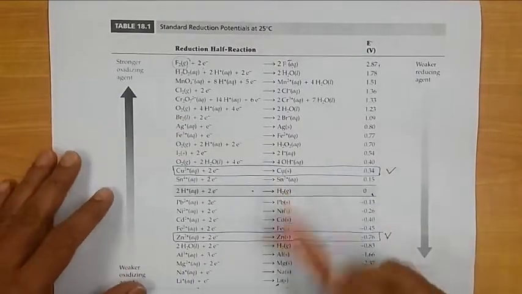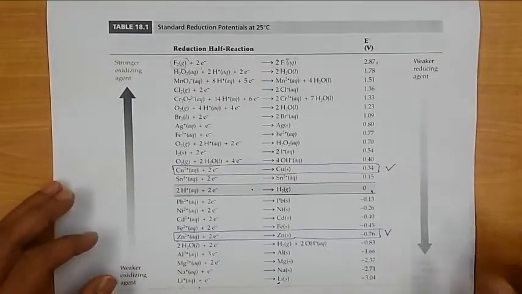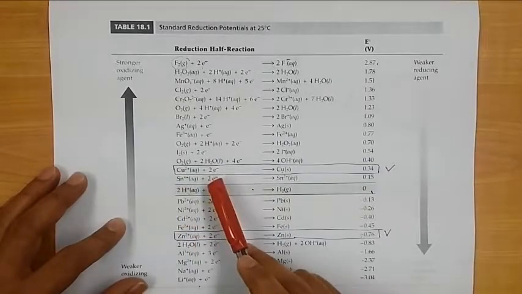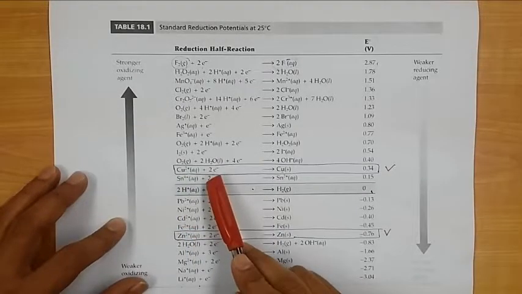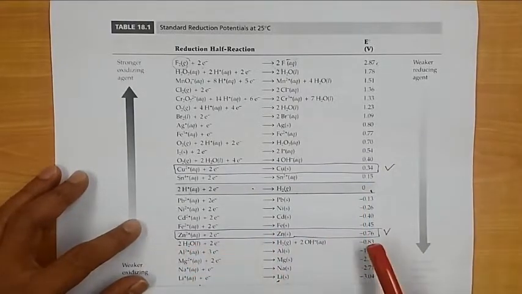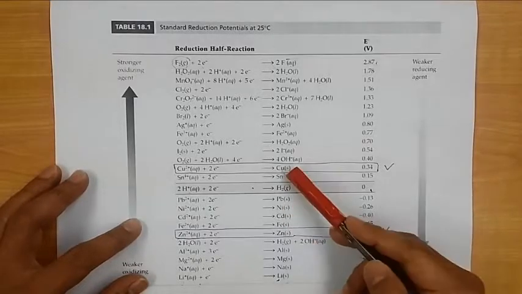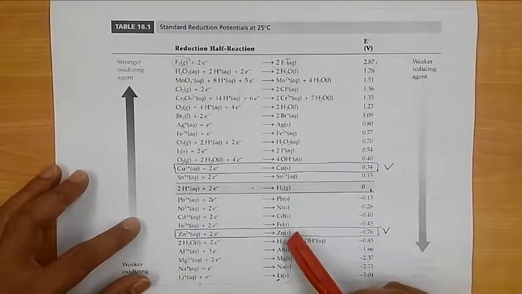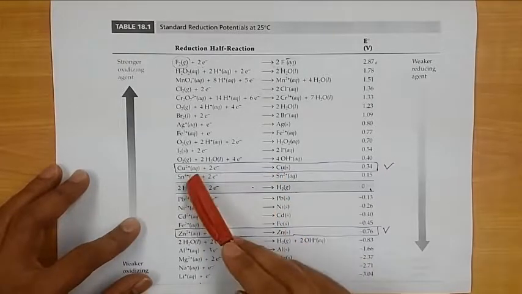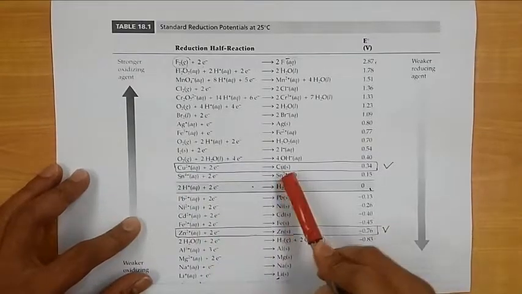Let's take the example of copper and zinc. If you react copper and zinc, you look at the table: the copper reduction half cell reaction has a value of positive 0.34 and zinc has a value of minus 0.76. Comparing copper and zinc, zinc is ready to give its electron to reduce copper ions, and therefore copper ions will be converted into copper metal. Okay,